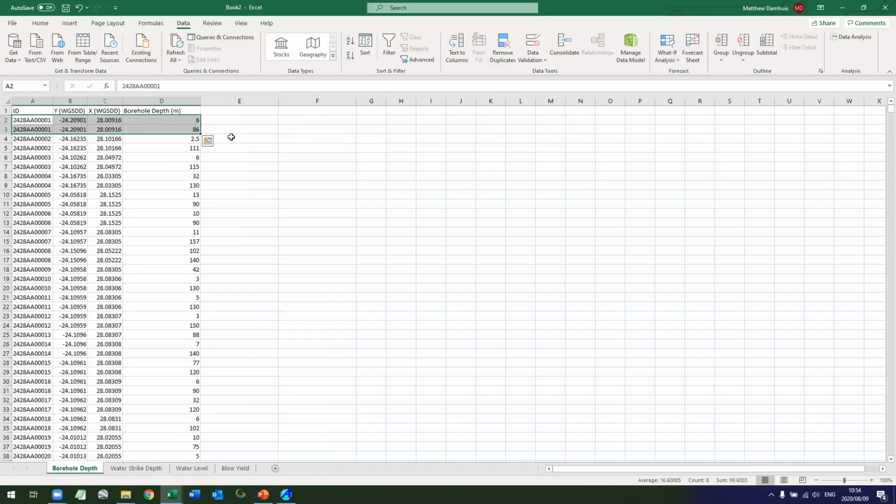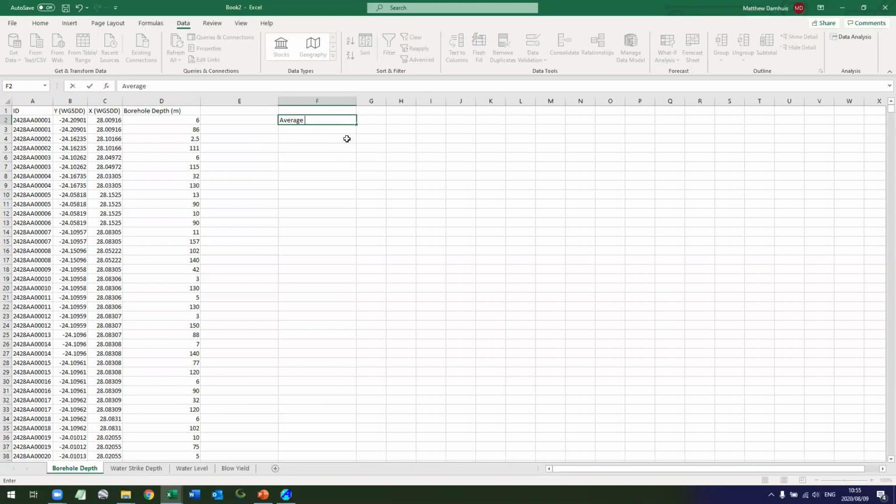Now what that could be is that they recorded the borehole depth on day 1 of drilling at 6 meters and then at final depth was 86. So to get around this and to filter my data, let's just show you what the impact of that would be. So my average